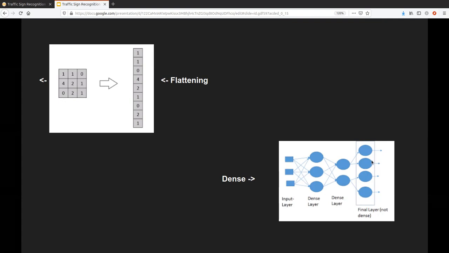And the final layer is also dense, not a dense layer, it's the final layer. So dense layers are all those layers between the input layer and the final layer. They're also called hidden. And all of these points are connected with all the other points in the previous layer. It's like a connected graph, so that we use all the information to come to an output and predict.